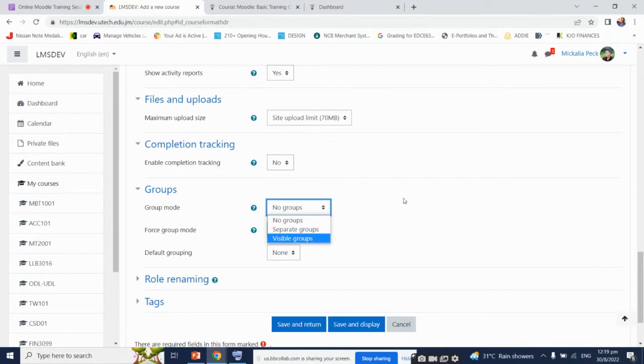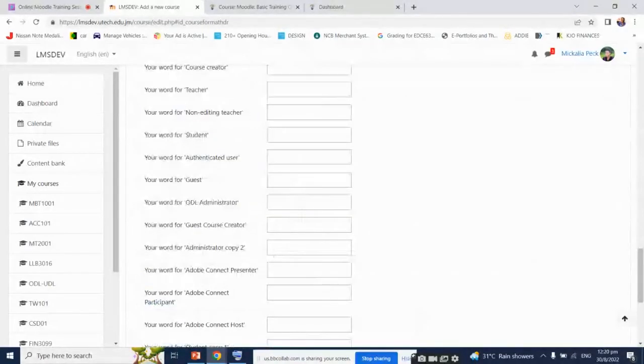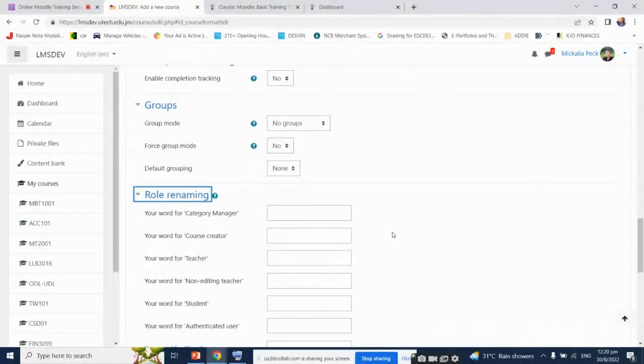All right, and then we have role renaming. With the role renaming feature, let me just click on it. Yeah, the system appears to be a little bit slow. All right, so while that loads, the role renaming system. So Moodle has different names for different roles, as you can see. You have teacher, course